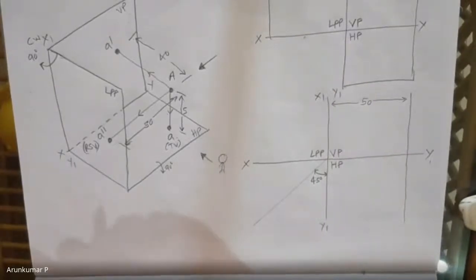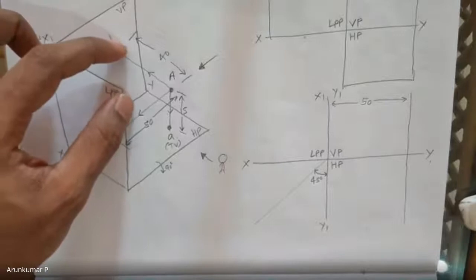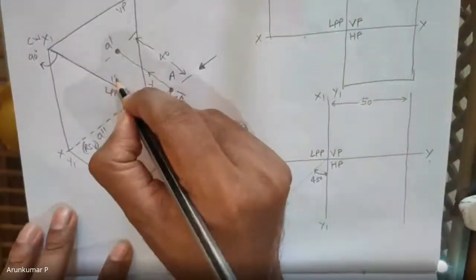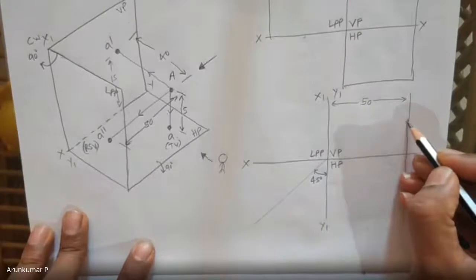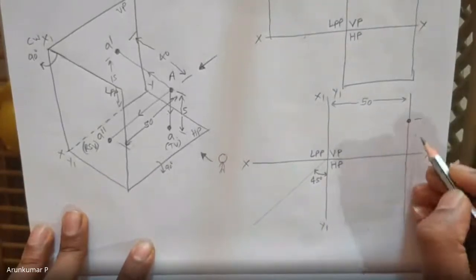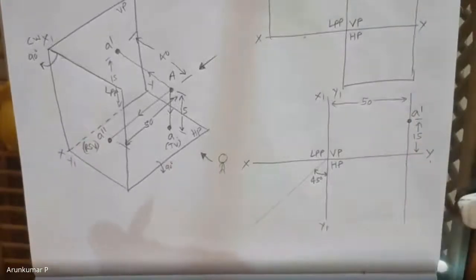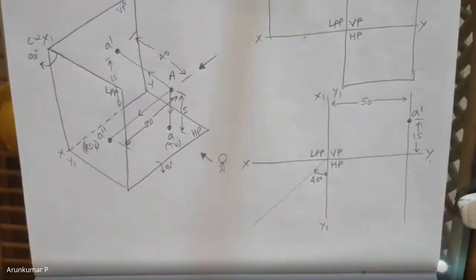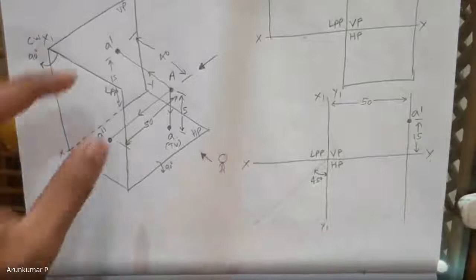Now, tell me at what distance is the front view from XY line? 15 mm. Yes, A dash is 15 mm above the XY line,